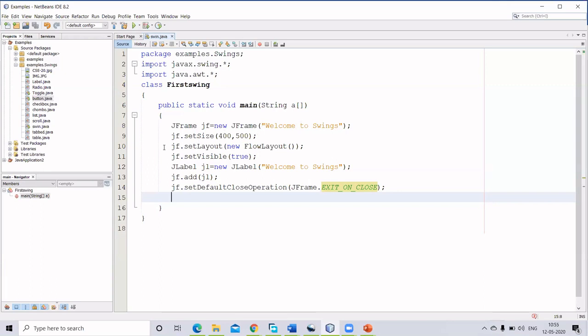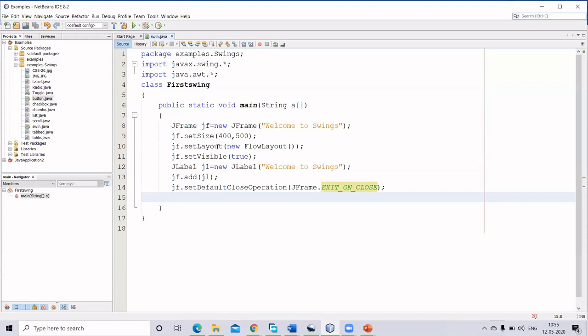Then, if you want to have some layout, like if you're placing a button or a label and you want it to come in the proper row or proper order, then you have to use a layout. We have so many layouts like flow layout, grid layout, border layout. One of the layouts we are going to use is flow layout. You can use grid layout also. Grid layout means it will automatically divide the screen into, say, 3 rows and 2 columns. Like that it will divide the screen, and according to that your buttons will get placed.